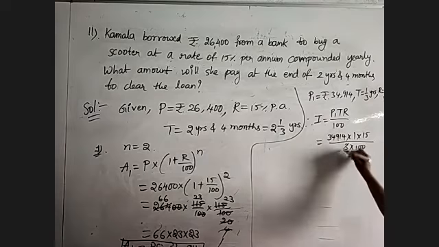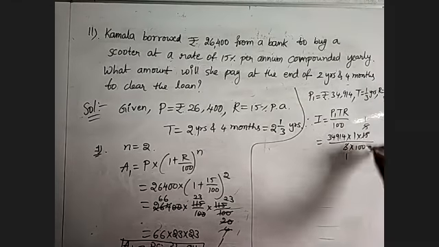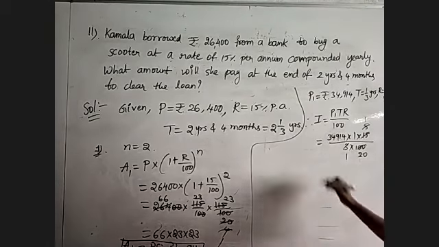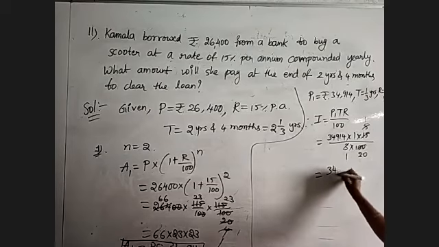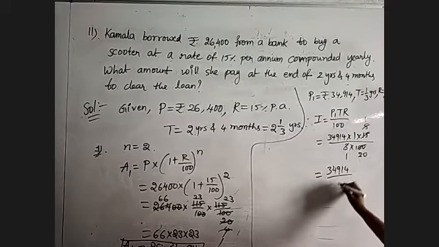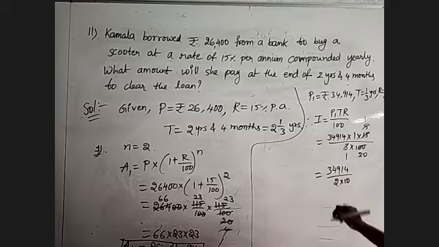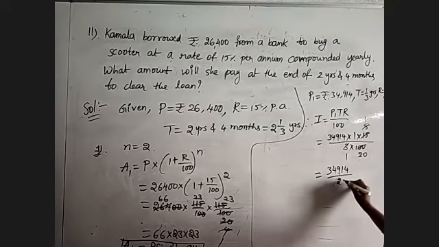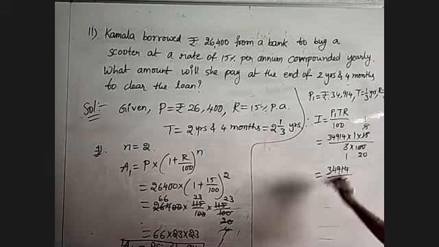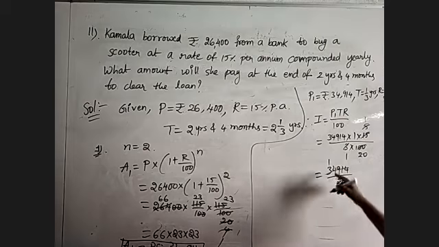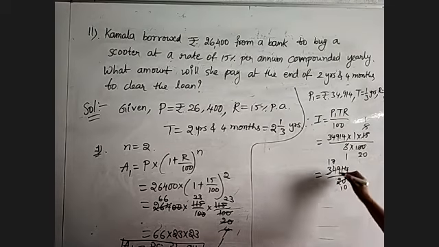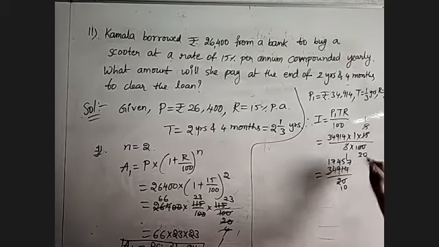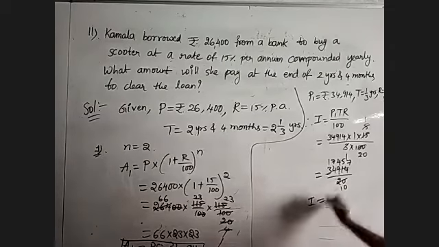Now 3 ones are 3, 5s are 5, ones are 5, 20s. 34,914 by 20. 2 tens are 20, 2 ones are 2. 2 sevens are 14, 2 fours are 8, 2 fives are 10, 2 sevens. So the final interest is equal to